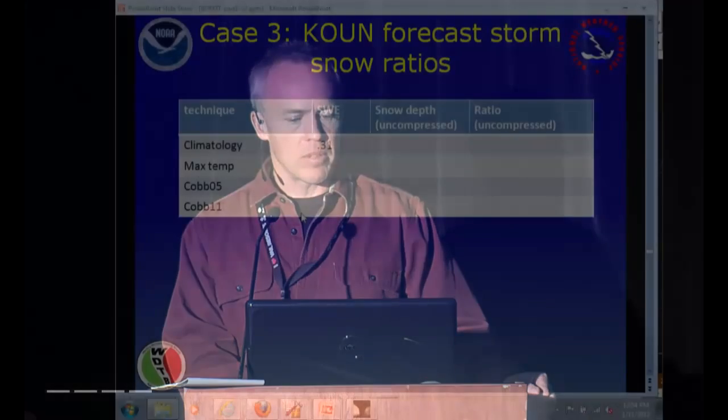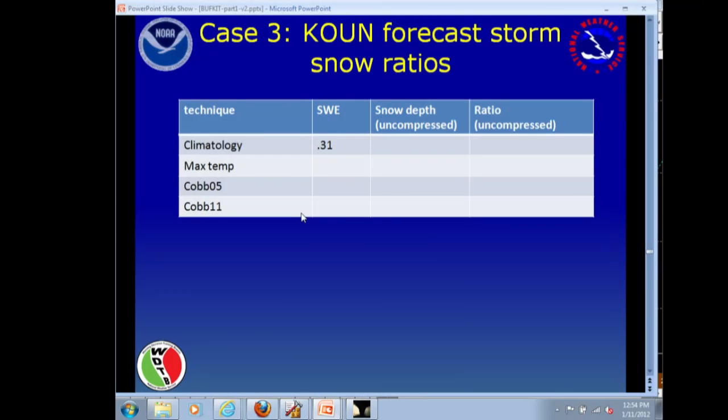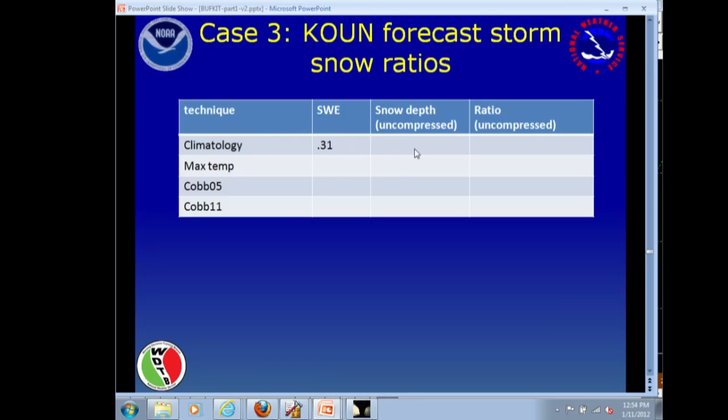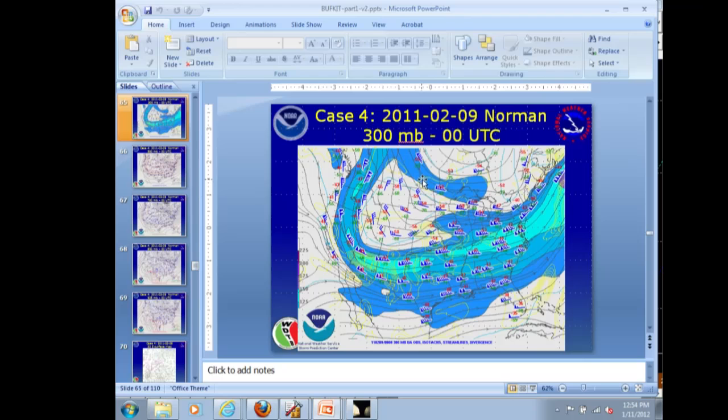Okay, so we go back to this case here, and I think we've seen all the scenarios play out. So I'm going to go to what I measured, which was 0.31 inches. So it's fairly close to that one ensemble member that we pointed at. Okay, the depth of the snow, I should go to slide view format, but the depth of the snow is